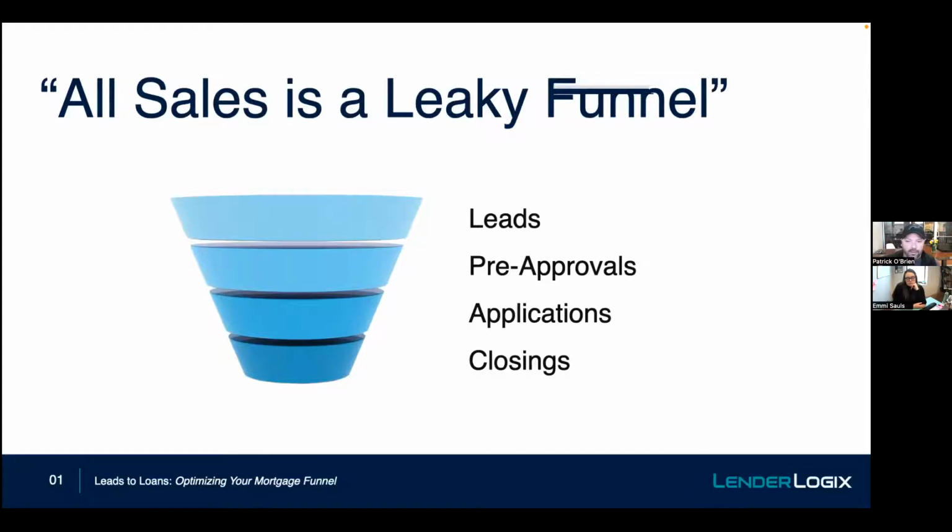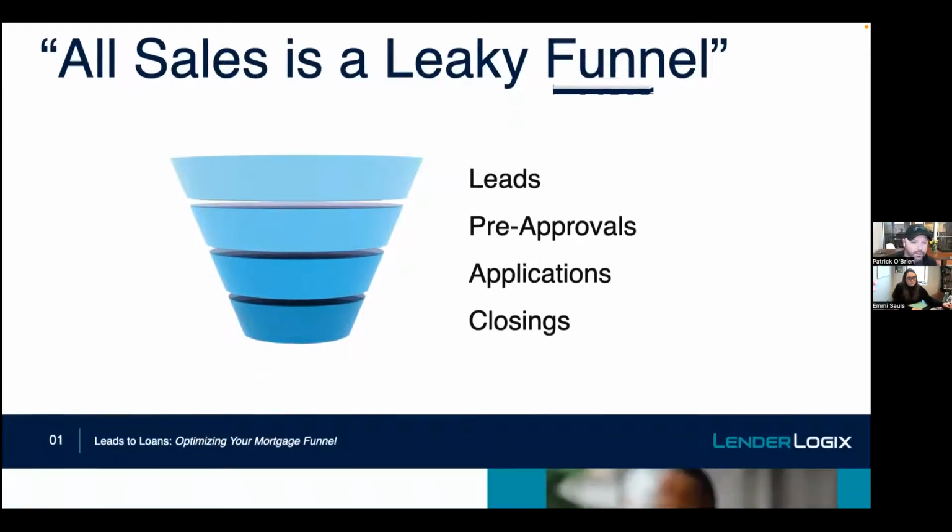Not all leads that we take in the top of our funnel turn into closings, right? If I get 500 leads, 500 leads do not close. So at different parts of the funnel, we have leads spilling out. We have leakage, and what we want to do is take a look at the things we can do throughout that funnel to patch it up a little bit, so that it's not just about finding more leads, but about improving those conversion rates all the way down the funnel to get those loans to close.